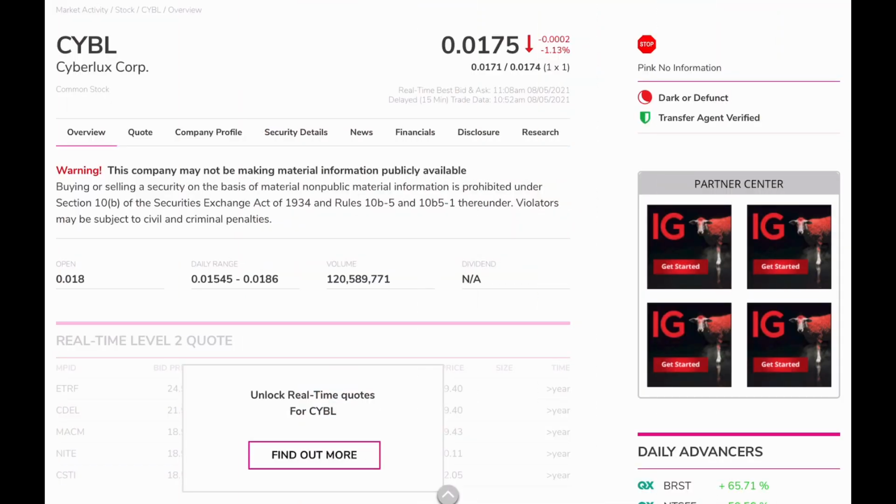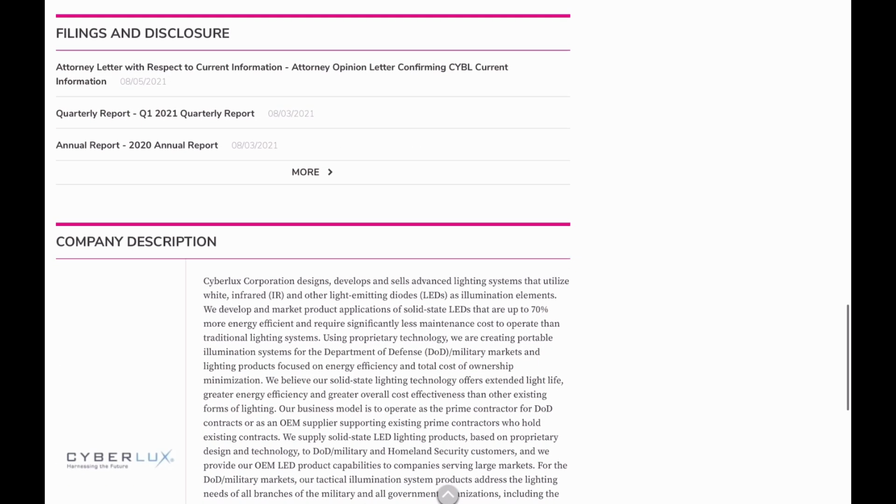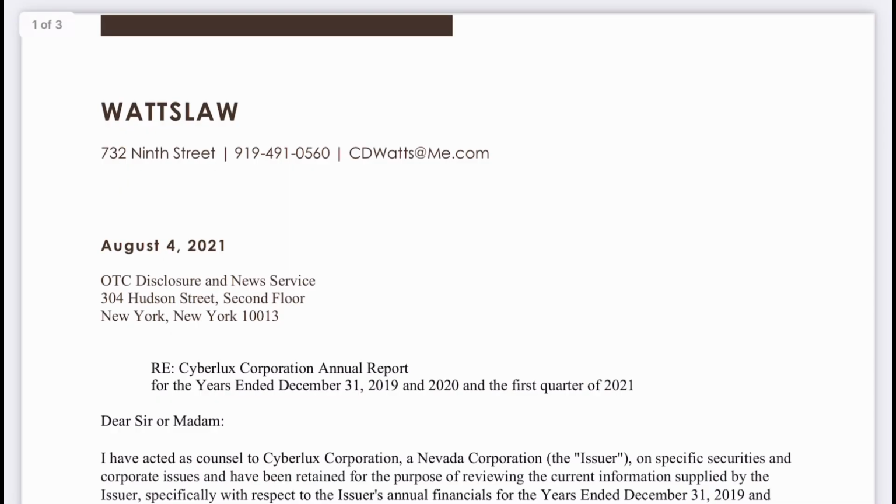Here we are on OTCmarkets.com under CYBL stock, or Cyberlux Corporation stock. We can see in the top right hand corner that the transfer agent has been verified, and if we scroll on down to filings and disclosure, we can see the attorney letter with respect to current information, attorney opinion letter confirming CYBL current information. And if we click here, we can review the letter from the attorney,